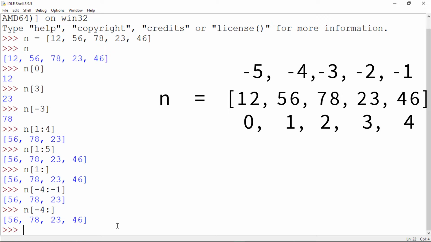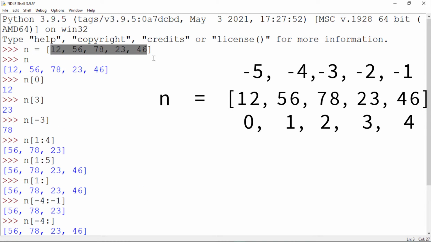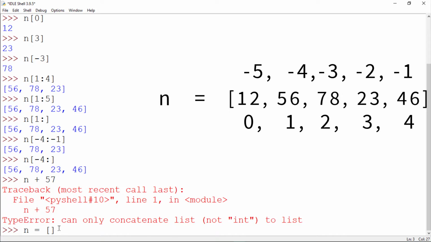Let's say here is 12, 56, 78, 23, 46. Now here I have to add 57. Now let's try. So we will type here the list we have printed here. So now I will copy it and then paste it here, Control V. Now I can add any value I need here, 57. I want to write after 78, so I will say space and then 57. So I think it will work.